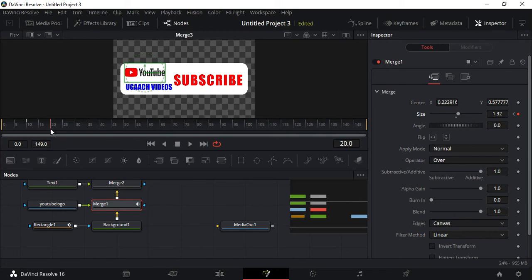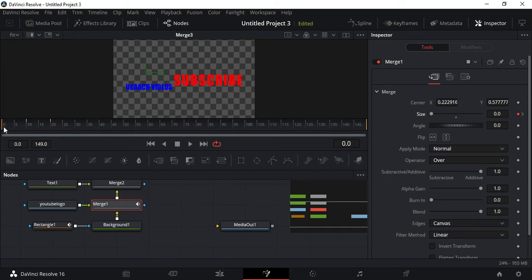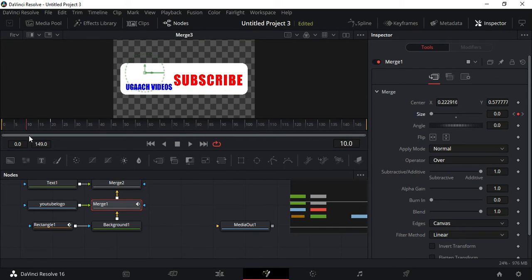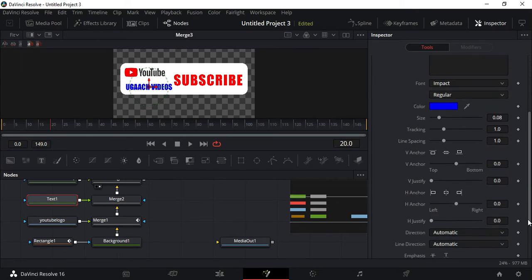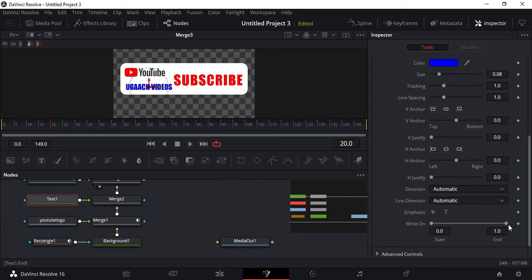So then let's see how it looks. First comes the rectangle, then comes YouTube logo. Very nice. Next, animate the text in the same way. This text can be animated in n different types. What we will do, go to the bottom of the inspector, select the text node, go to the bottom, there is a write on